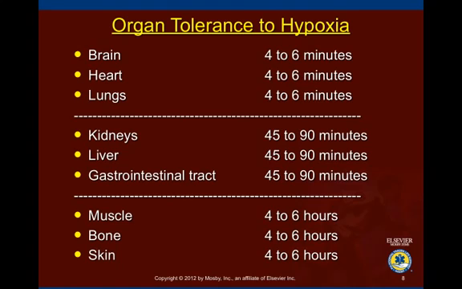So we've heard that heart, lung, and brain need a constant supply of oxygen. They don't do well at all after just a few minutes. In 5 or 6 minutes, heart, lung, and brain are in trouble. Kidneys can last closer to an hour or a little more. And muscles, bone, and skin can do several hours in a low perfusion state or in a hypoxic state before